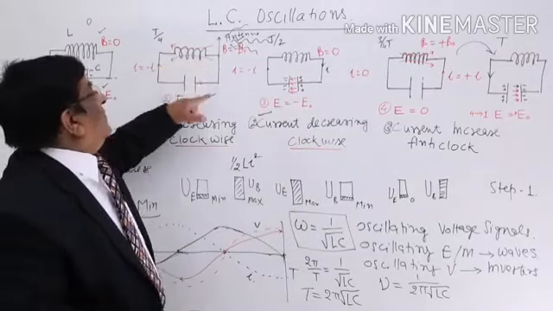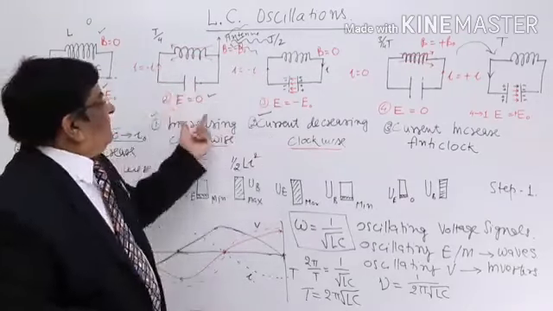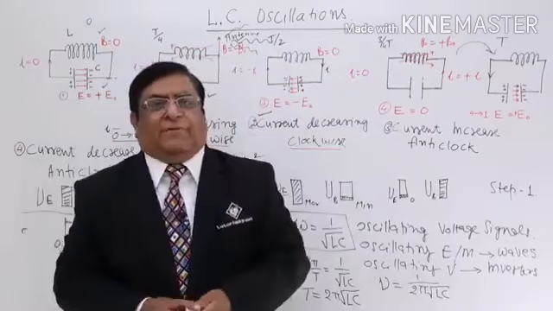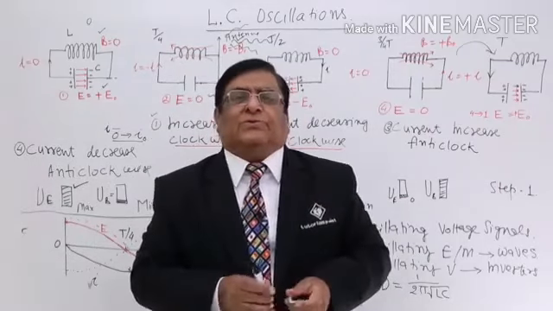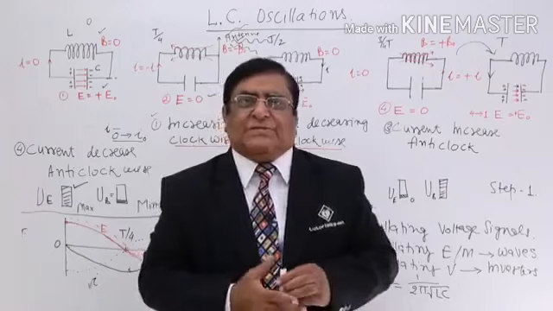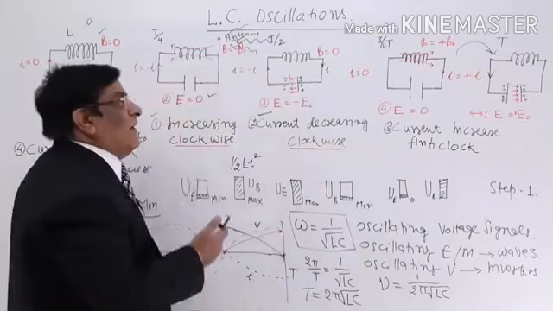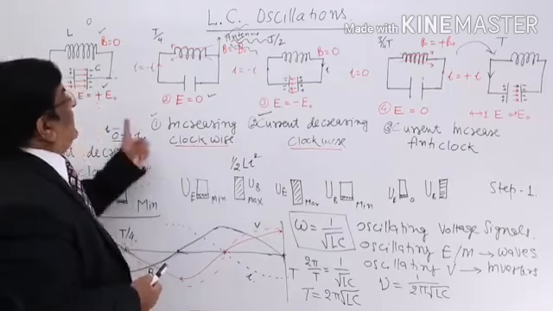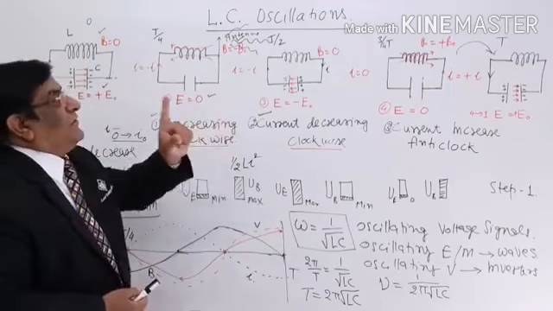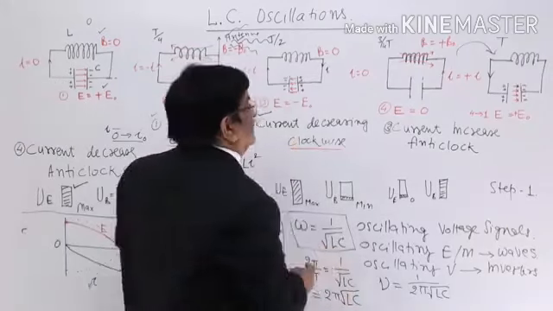So either we get oscillating voltage or we get an electromagnetic wave, and the same voltage we can use in our inverters, but there are so many circuits we have to use. So this is LC oscillations. Now these oscillations, will they go on forever without energy supply? We have understood how the oscillation takes place. Is there any loss of energy? Answer is yes.